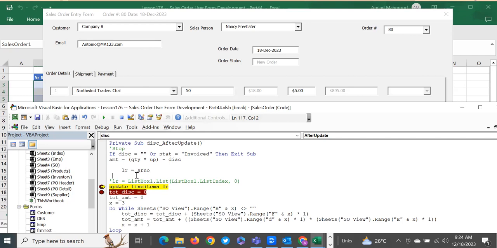So let's use the SR number is equal to SR number plus 1, right? So that at the time of entry, it is going to increment everything, right? And at the same time, once it has done its job,